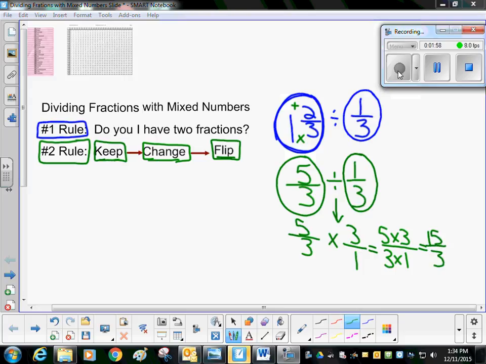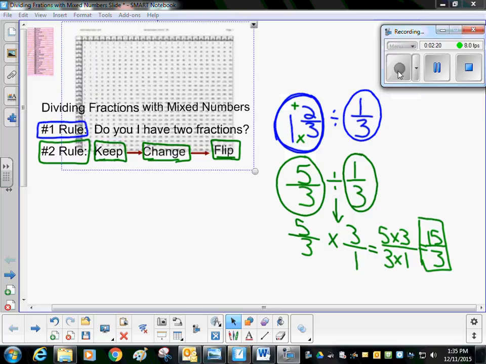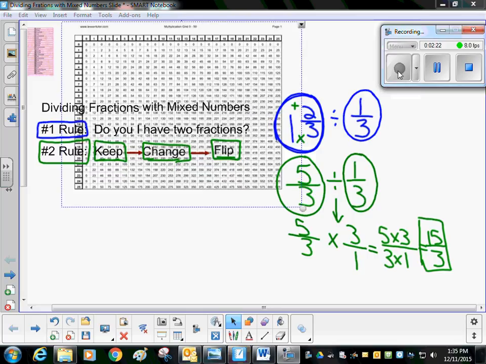I look at 15 over 3 and I say, something's not right. I know that's an improper fraction because my numerator is larger than my denominator. I'm going to have to change that into a mixed fraction. So I have to ask myself, and some of us will know this, and some of us might need our chart, which is fine. I have to ask myself, looking at 3,